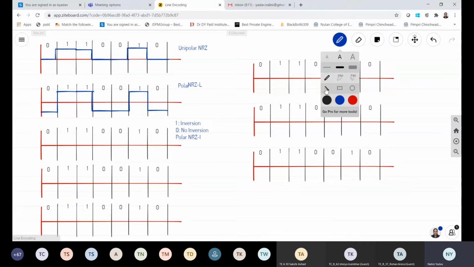So go back again, select this. I will be selecting this, okay, and then selecting the blue color. So say first is a 0, right? But somewhere I have to start, so I'm starting from here. 0 is say low power, correct? Now what is next after 0? The next data is 1, correct? So whenever there is a 1, what am I supposed to do? I am supposed to do the inversion. So I will be inverting to the opposite side for this 1, correct? And then completing the signal.